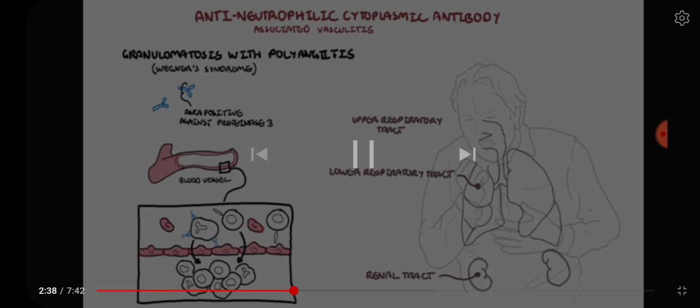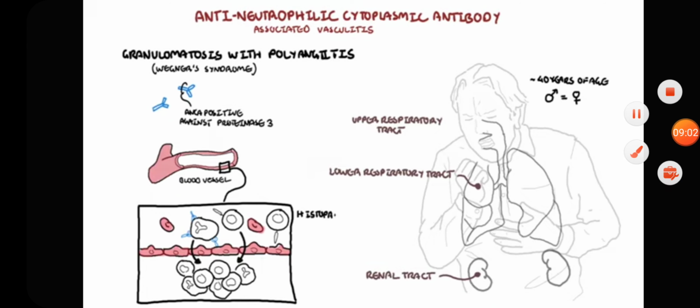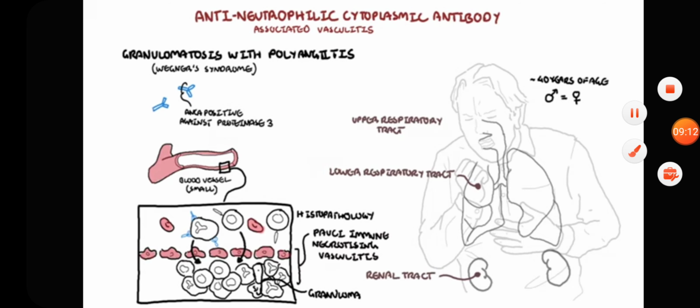Granulomatosis with polyangiitis is the most prevalent of the ANCA-associated vasculitides, with a mean age of onset of 40, but really can occur at any age. It occurs in females and males equally. Histopathological findings include granuloma formation, as mentioned, but also pauci-immune necrotizing vasculitis of the small arteries and also the small